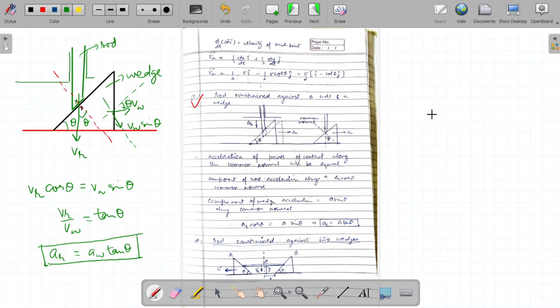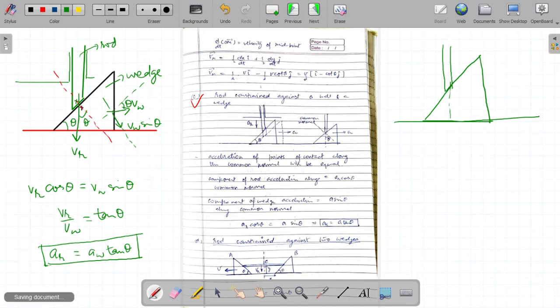So what we'll do is quickly draw this wedge again, and let us say this is the surface, this is the rod in its initial position. What we have to remember in this method is to completely drop the rod to the horizontal surface. So we have dropped the rod to this horizontal surface. When the rod is being dropped, how much distance has the rod traveled? The rod has traveled some distance y, this distance y.